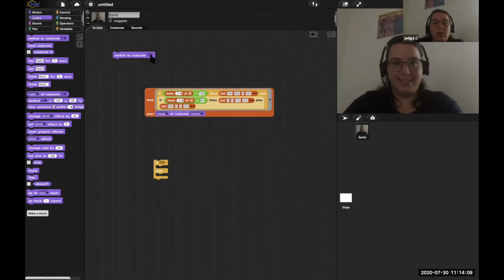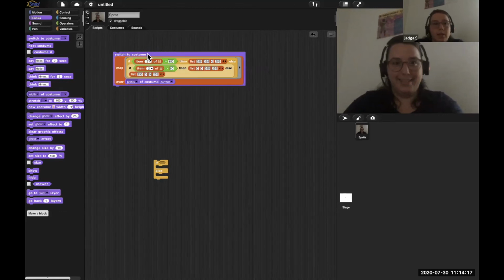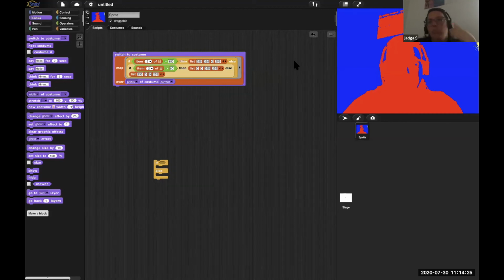You can also add just a number of pixels to the regular switch costume block, and then it will put on those pixels. So I can just drop my list in here and can now tell it to switch to that costume. And now let's check how it looks. It's probably pretty, no, maybe we want a little more yellow. Let's do 220 here, and let's do 70 here. And let's try it again on the camera costume.